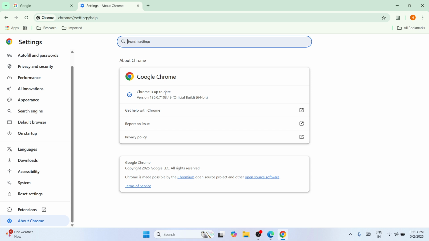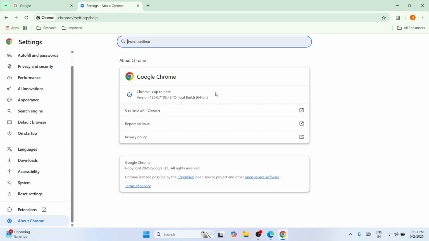Okay, so just have to wait until the updating is finished, since the moment you click on the help pane, it will automatically update your Google Chrome. So once it is done, it will ask you to relaunch the Chrome. Just relaunch it. And the moment you've relaunched it, you would be able to have the latest version, which is